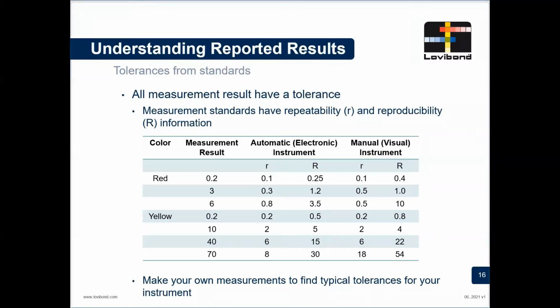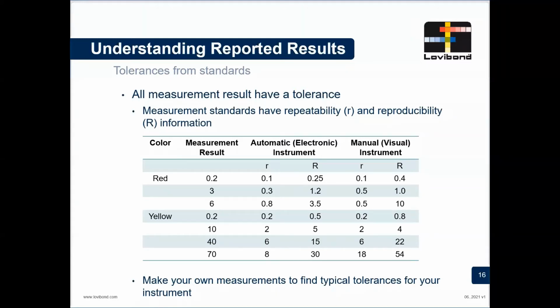Now, these generally are much bigger than an electronic instrument. They're very similar if you're down at the lower level. So if you're down at the 0.2 or the 2, or 10, you're going to get similar results between electronic and visual instruments. But when you start getting up to 40 or 70 on our yellow,